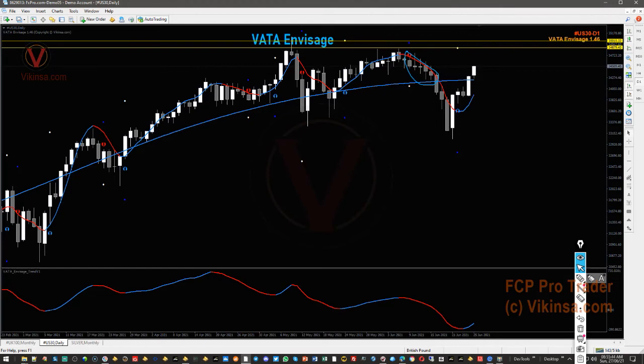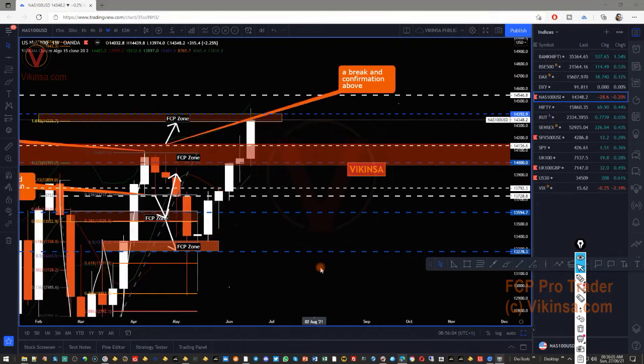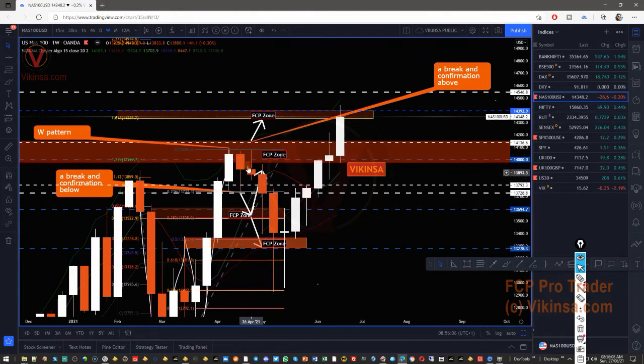Okay, let's look at NASDAQ. NASDAQ has been playing very nicely according to our analysis. This was the previous FCP zone, which gave us very nice short opportunities. Then this FCP zone became support because the market was never able to close below this,